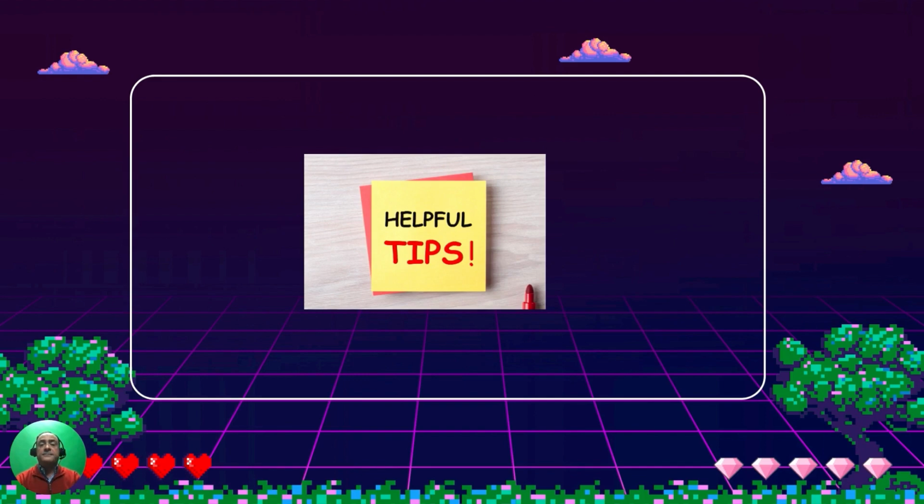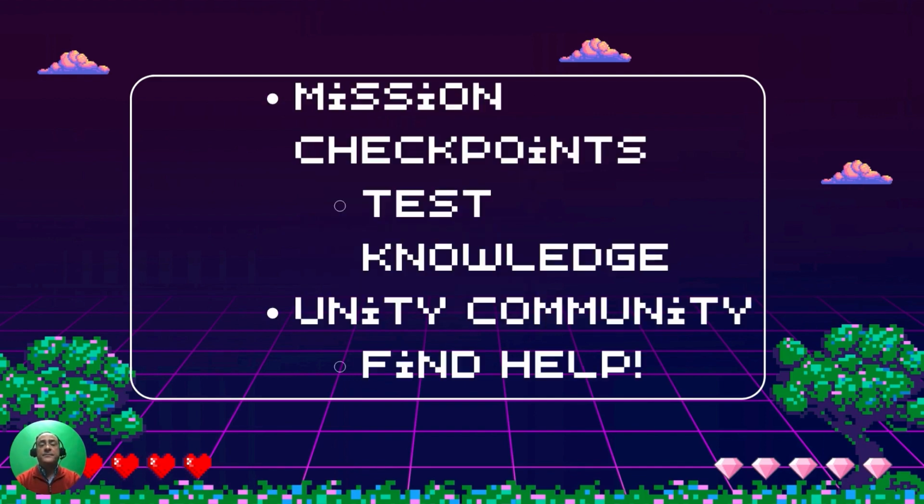Other helpful tips involve the mission checkpoints. That's a great way to test your knowledge, and also leveraging the community if you need help. There are certain things that are confusing at first, but again, reaching out to the community is definitely a great way to get those questions answered quickly and efficiently. So,